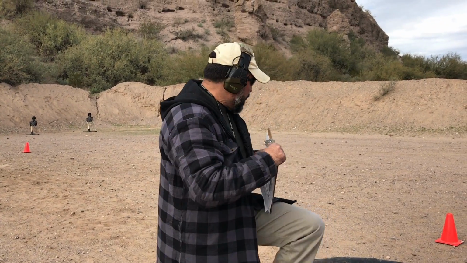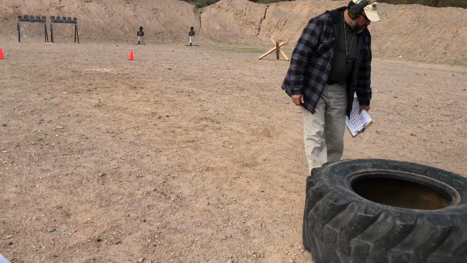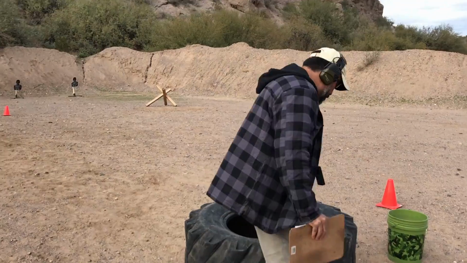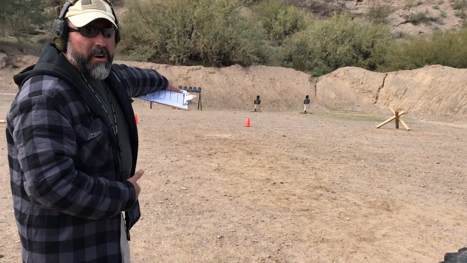So you're going to start here behind the tire. The front edge of the tire is going to be at the plane of the two cones, loaded and made ready. At the buzzer, you have a minimum of one flip, a maximum of your forward fault line up there between